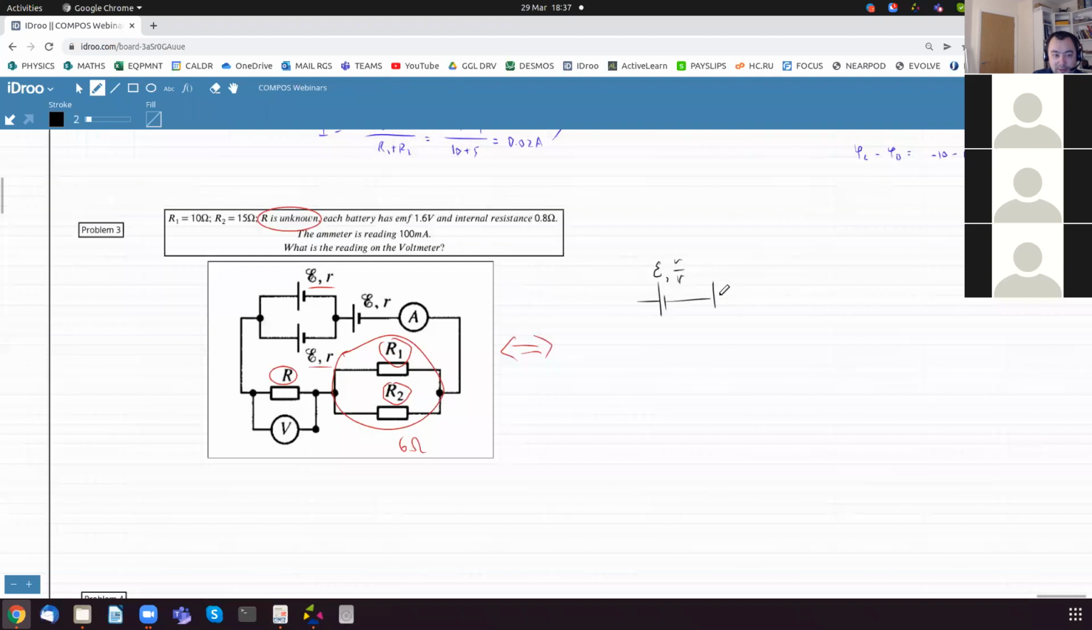Then there's going to be this battery, which hasn't changed. Then we have the ammeter. You don't have to draw the ammeter. Then there's going to be a resistor of 6 ohms. And there's another resistor, which we don't know. Like this. But now we have two